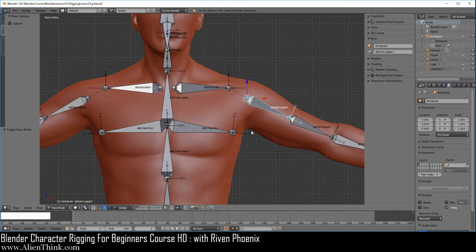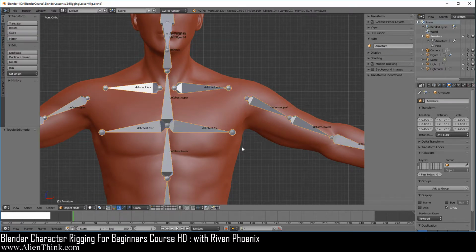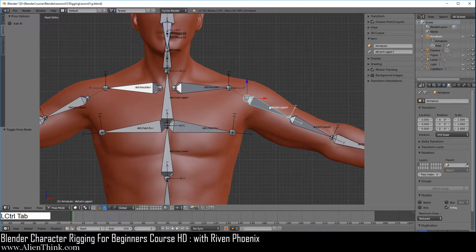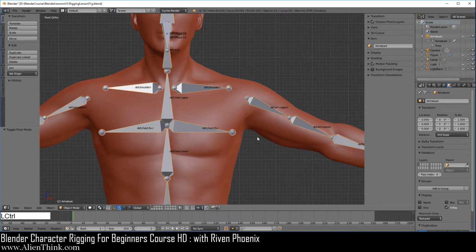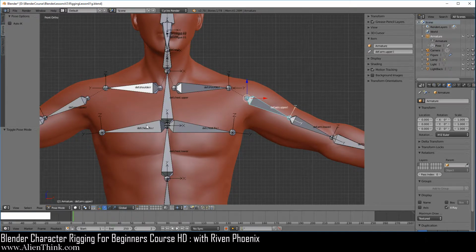So notice what's happening here, right? If we go and switch this back to object mode, when we do Control Tab, it always goes to pose mode. Tab key, edit mode, Control Tab, pose mode. Then if you do Control Tab, it'll go to object mode, Tab key, edit mode. When you do Control Tab, it'll just go to pose mode. Control Tab, object mode, Control Tab, pose mode. Okay, so that's how it works here.